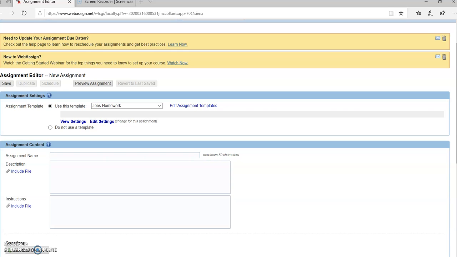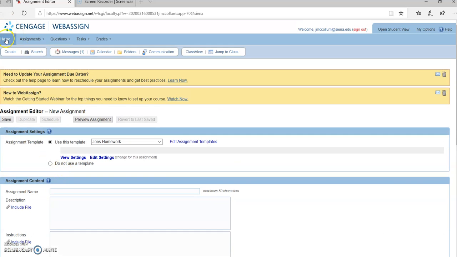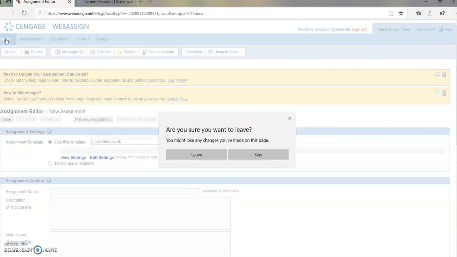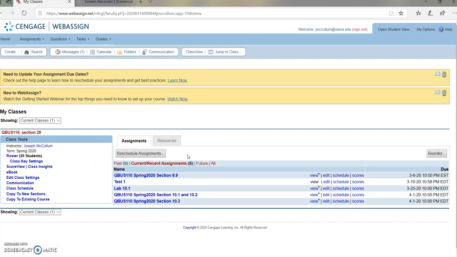Hello everybody, and what I'd like to do today is to teach you how to use WebAssign to make an assignment, a timed quiz. So first, you need to have a proper WebAssign login and a course built as you see below. I've called it QBiz 110 section 28. Alright, let's get going. Under assignments, you click create,